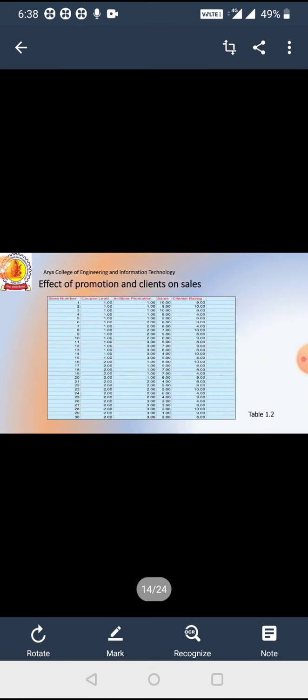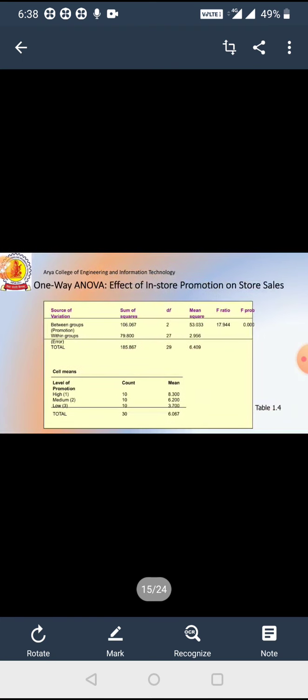So this is my table. I have to find out its x bar, y bar, mean and sum around this table. Then we get the sum of squares, degrees of freedom column-wise and row-wise, and mean squares, and then we find the F ratios. The F ratio of 17.944 is greater than the critical value, so this hypothesis is acceptable.